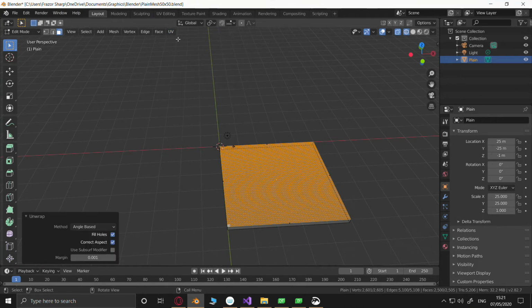Unwrap. Alright, so how do I do it? Just hit return or what? Or has it done it? Unwrap. There we go. I've unwrapped it.